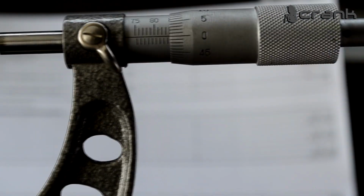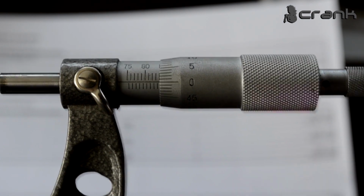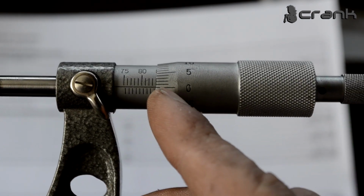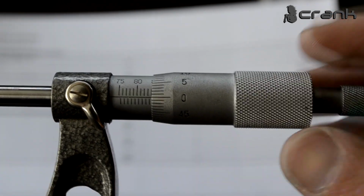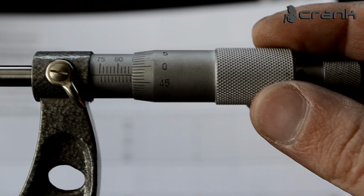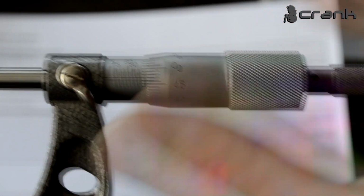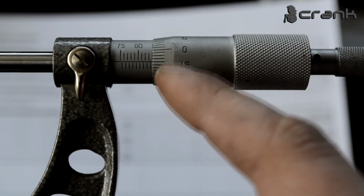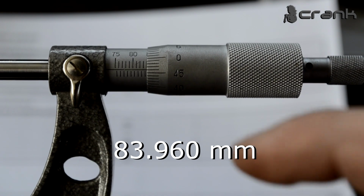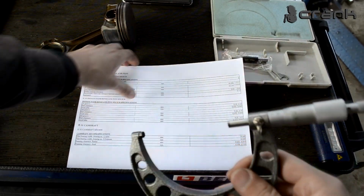But as we saw, the diameter is 83.955, which means I need to back up a little bit more. So I'm going to back it up 4 more hundredths of a millimeter, which should be somewhere around here. I'm going to lock it. Okay, so right now we should be set up to 83.960. The micrometer is set up to check the piston,